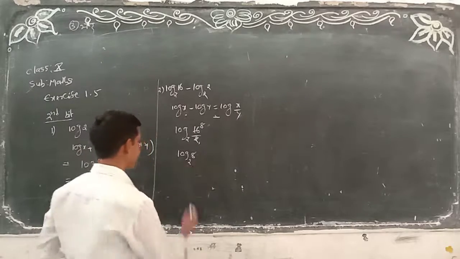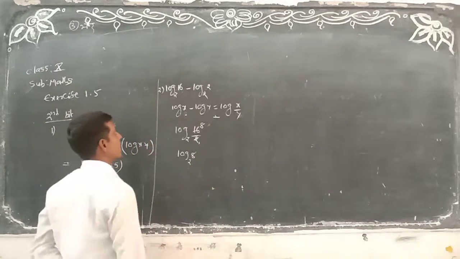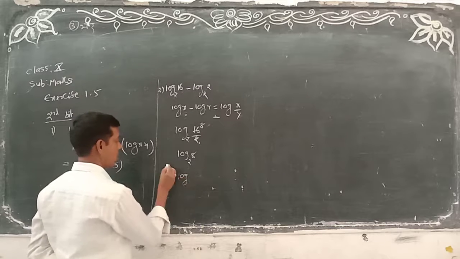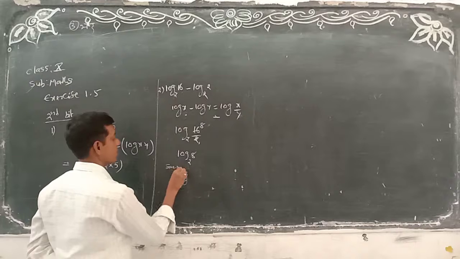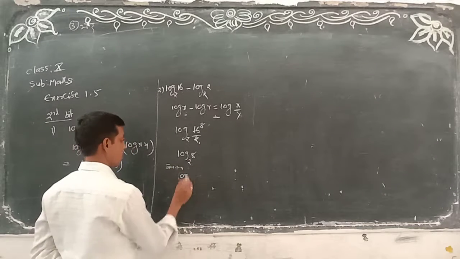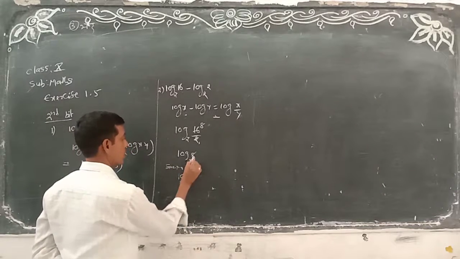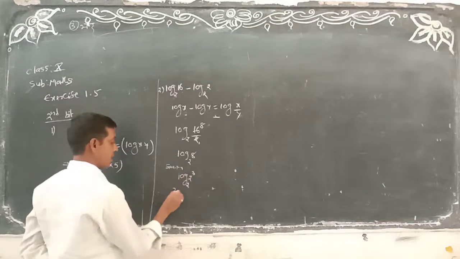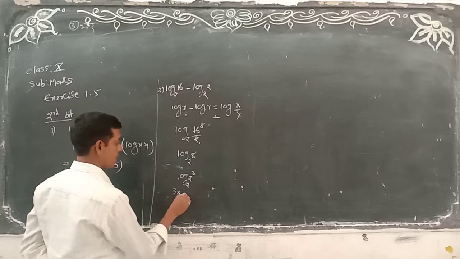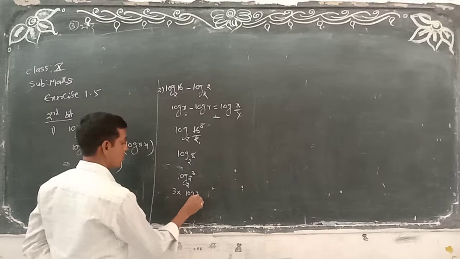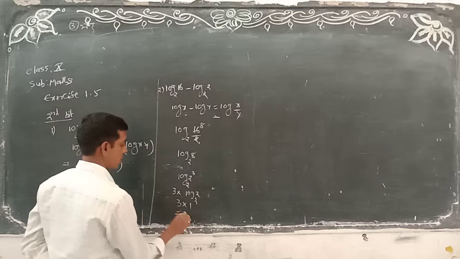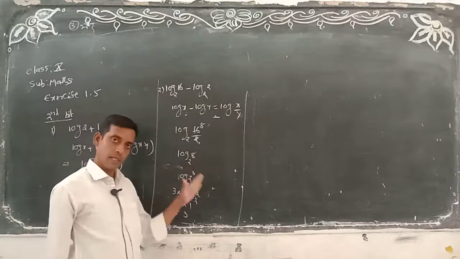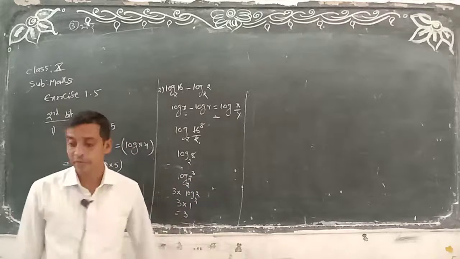Log base 2 of 8. Okay? Again we can simplify. After this also we can simplify the problem. Sir, how can we simplify here? Look here. Log base 2 of 8, I can write 8 as 2 cube. The power will come in front. Next log base 2 of 2, 3 into 1. Answer what here? 3. This is the same. If we finish here, they can leave it. This is called simplification.